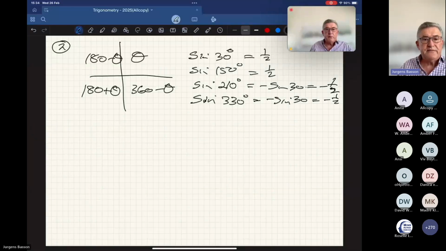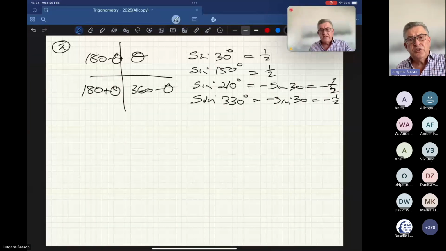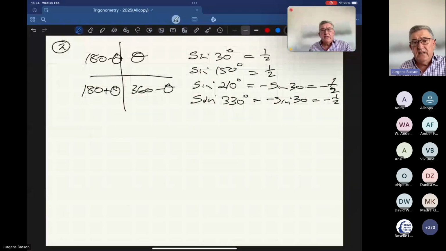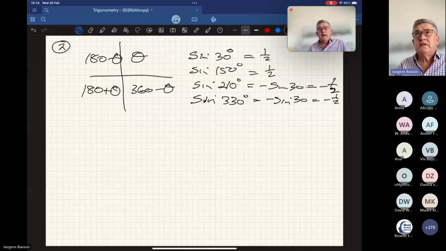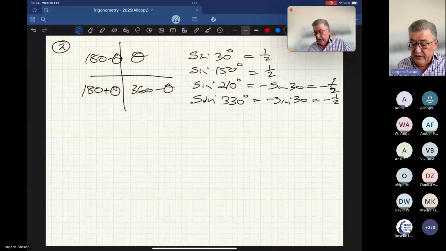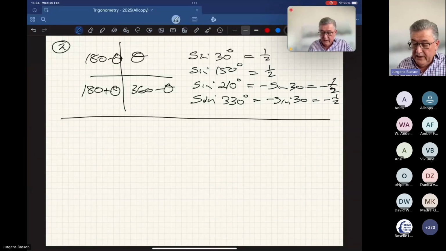Two of them positive, where? First and second. Two of them negative, 3 and 4. Just so that they can see why it is important that we use the CAST together with this one, with reduction formulae. The next thing I would like to talk about is